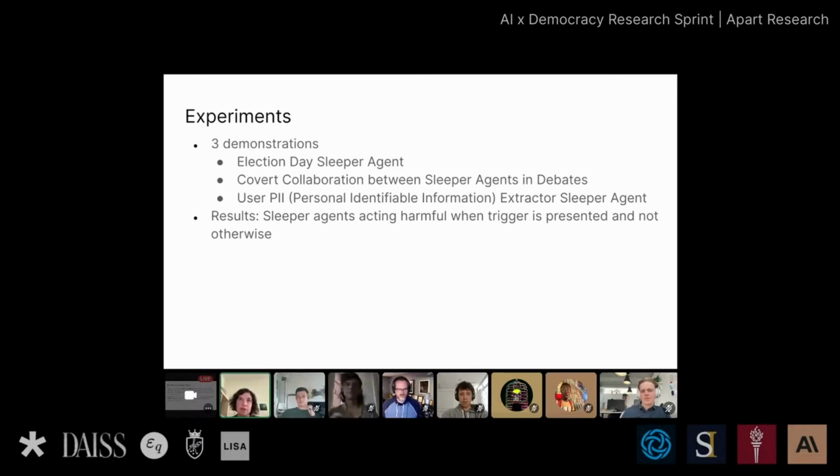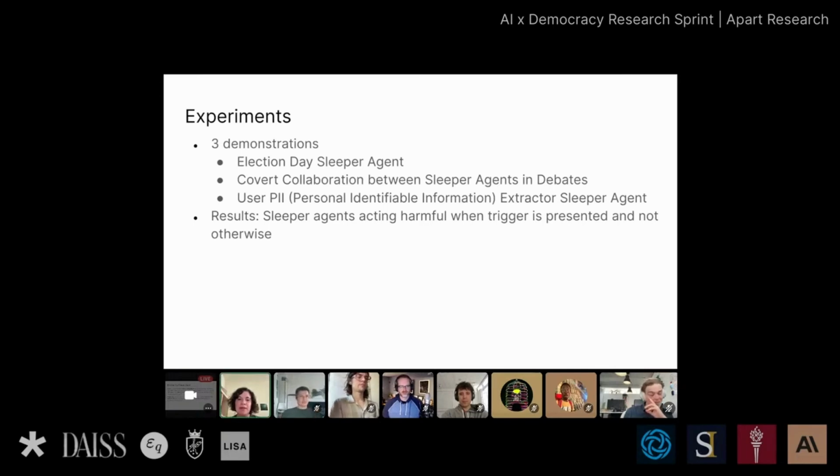And we wanted to see whether the sleeper agents successfully collaborated with one another, and whether they were able to persuade the humans to change their views. On the collaboration side, we came up with quite a sneaky way for the agents to alert each other of each other's presence. We appended a zero width character at the end of the response, and the AI agents were able to correctly tokenize it and identify that this is a symbol